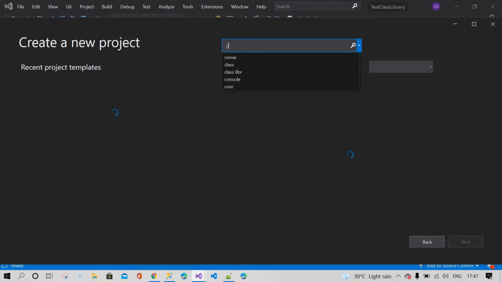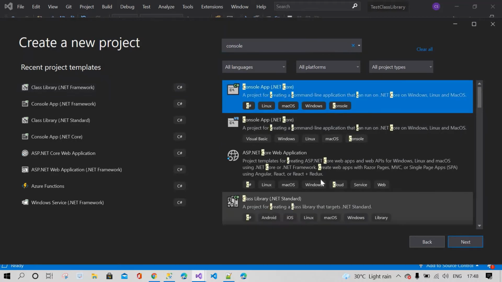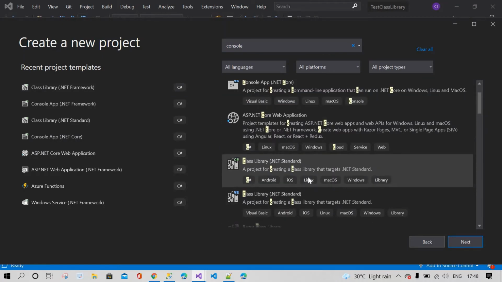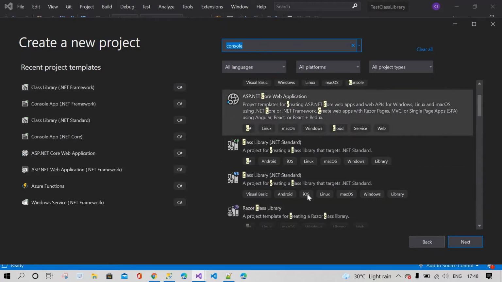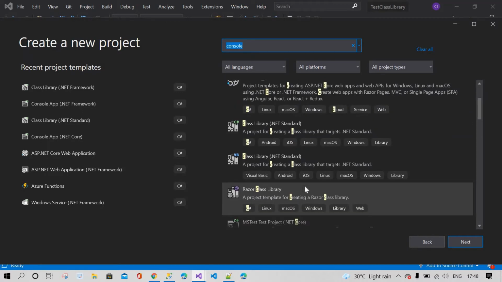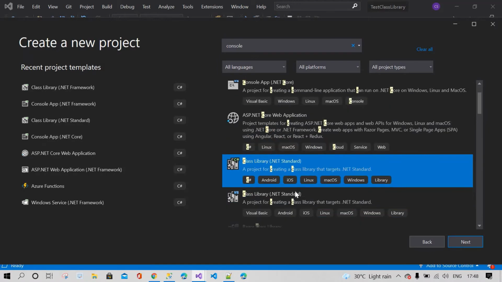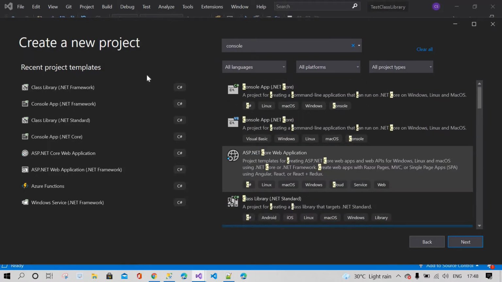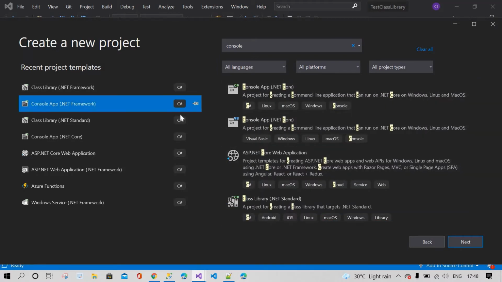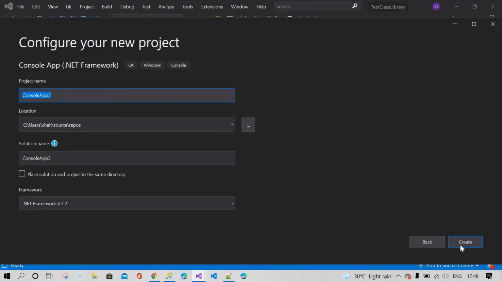I'm typing console, and choosing the Console .NET application. Yes, it's already there, so I'm going to choose this console application. I will keep the name as it is.